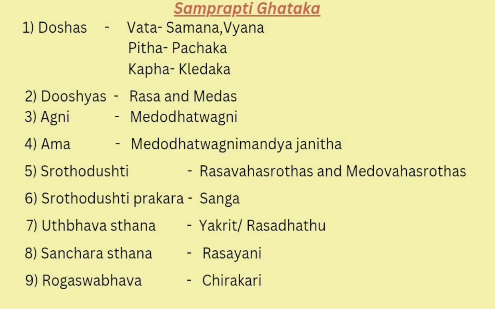This is Samprapti Ghataka. Doshas involved are Vata, Pitta, Kapha: in Vata, Samanavata and Vyanavata; in Pitta, Pachaka Pitta; in Kapha, Kledaka Kapha. Dushyas are Rasa and Medha. Agni is Medodhatvagni. Ama, Medodhatvagni Mandya Janita. Srotodushti: Rasavaha Srotas and Medovaha Srotas. Srotodushti Prakara is Sanga. Udbhavasthana is Yakrit, Rasadhatu. Sancharasthana is Rasayani,